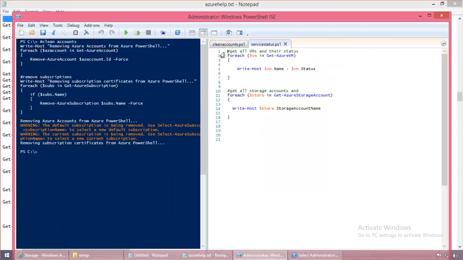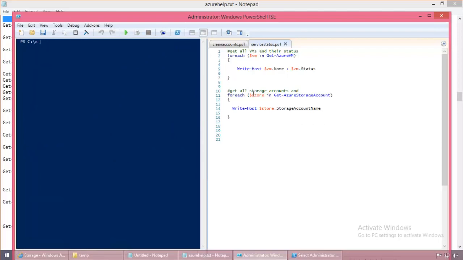The other one I wanted to show is a small script. What this script does is that I'm going to get all the VMs that are there and get the name and status of that. And the other one is I'm going to get all the storage accounts and just pretty much print out the names. So if we run this,